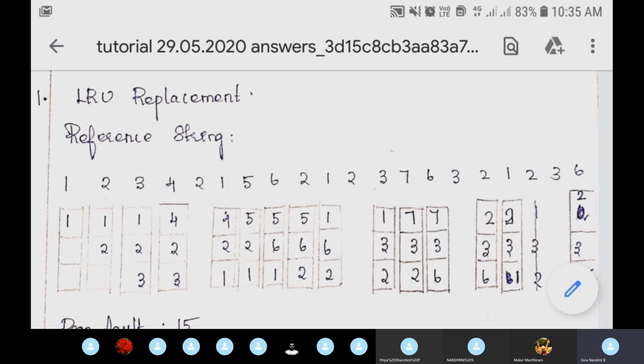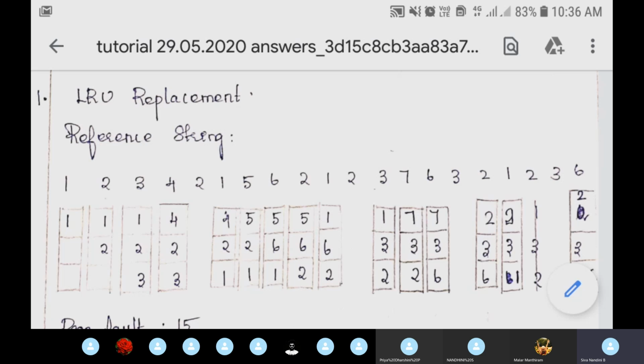For that, using this LRU algorithm, we'll be seeing the past pages. So before 1 in the reference string, I'm having 2. This 2 is recently used, so shouldn't replace this 2. Before this 2, I'm having 4. This 4 is also recently used, so I shouldn't replace pages 4 and 2. So other than this, what page can I replace? Page 3. So in the frame, I'm replacing page 3 with page 1. So the newly formed block contains the pages 4, 2, 1.